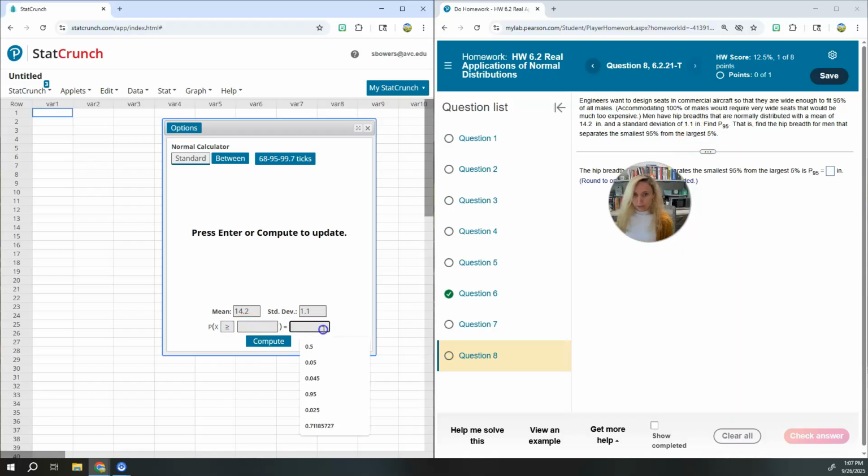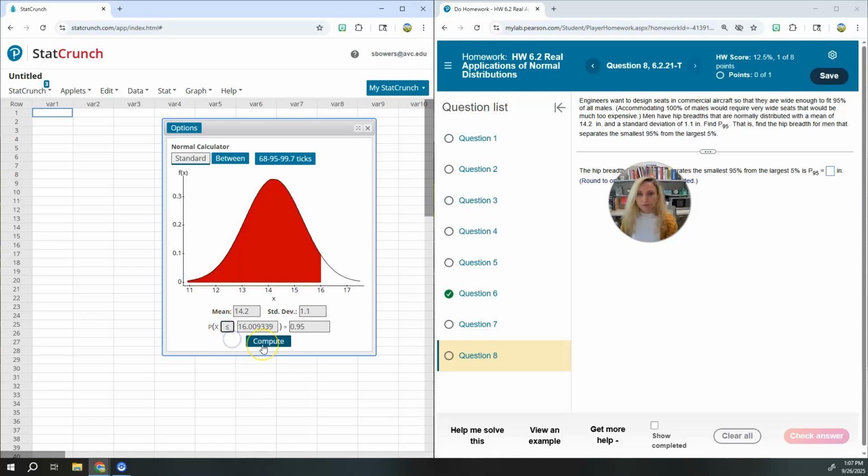So it will be in the area 0.95 to the left. So change the sign to the left. And the score in inches, in this case, is 16.009. We need to round to 1 decimal place. So it's